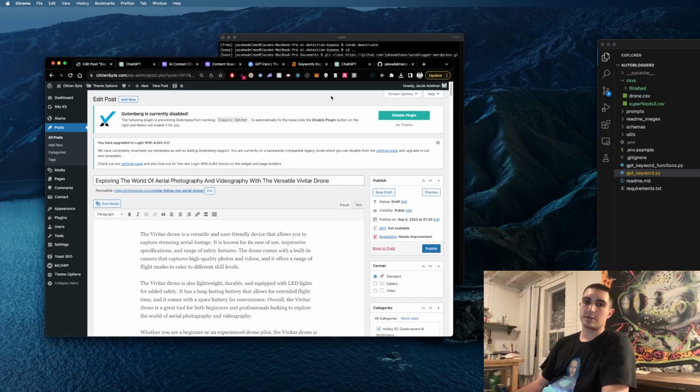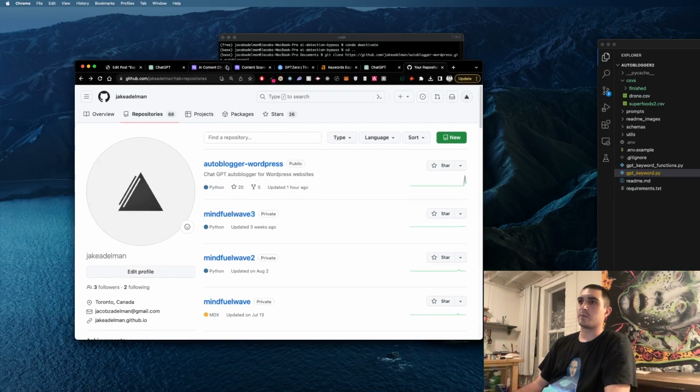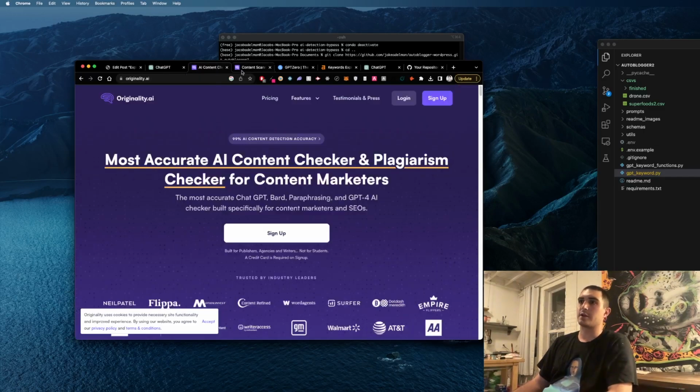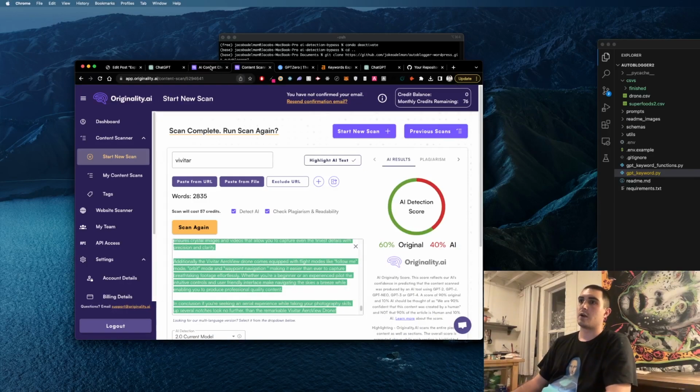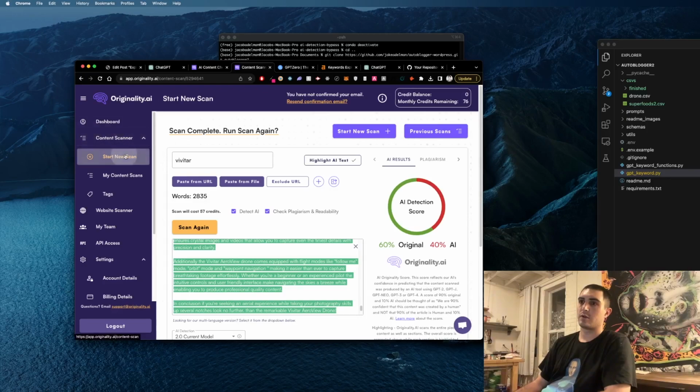So now is the really cool part, a tool that I didn't make, but I just found it, and this is how to humanize your content. Because one of the main issues with GPT content and other AI content is that it won't pass AI checkers. So let's say you are handing in an essay, or if you want to bypass Google, because Google